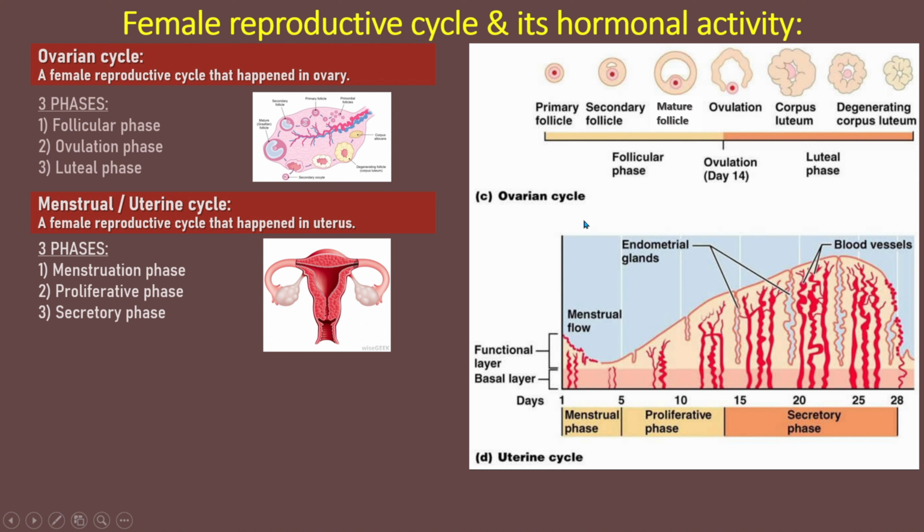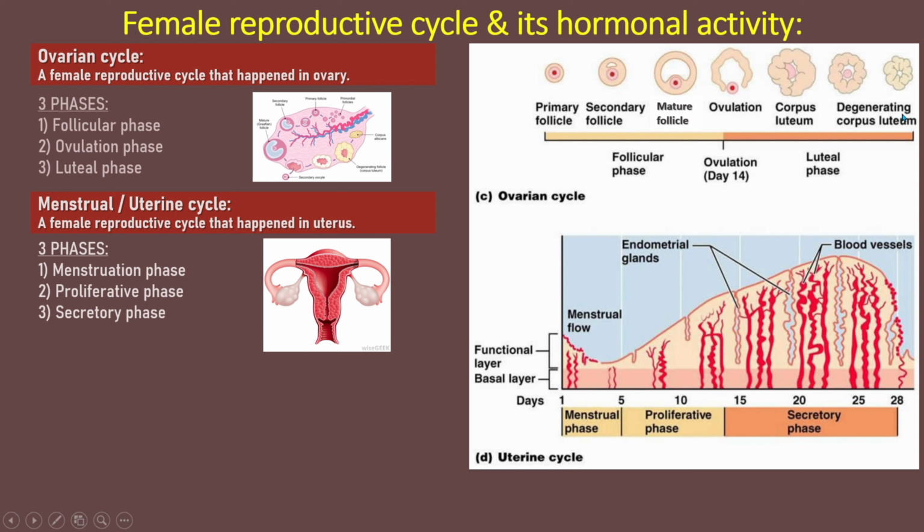In the ovarian cycle, the follicular phase is the first phase, where the follicle will develop from primary to a mature follicle. At day 14, the second phase will occur, which is ovulation. The mature follicle will rupture and release the secondary oocyte. And then the third phase is the luteal phase, where the ruptured follicle will be converted into corpus luteum until the